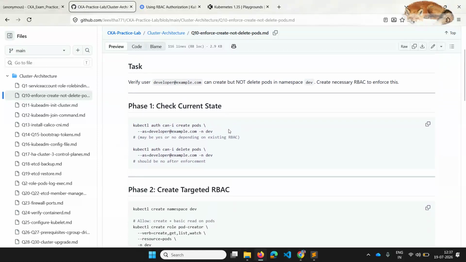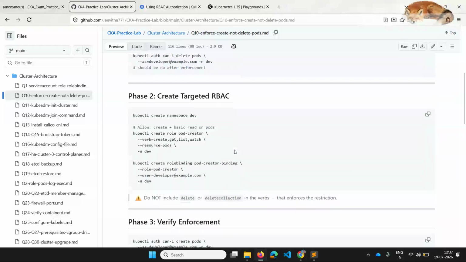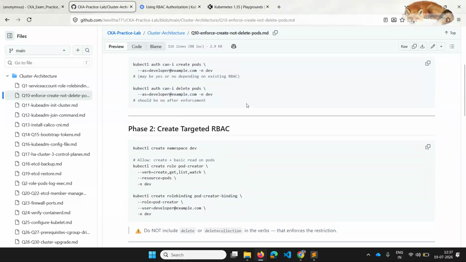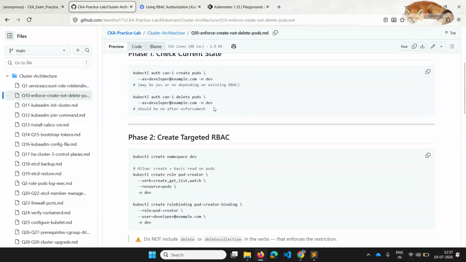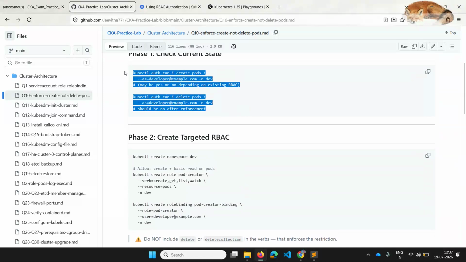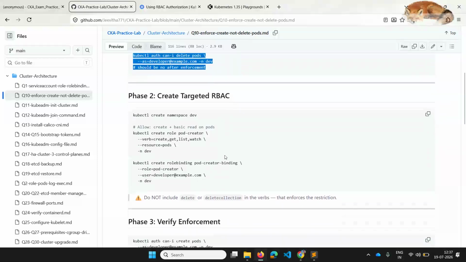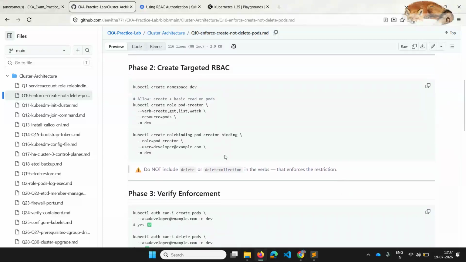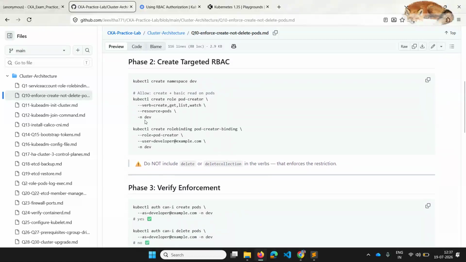First you check whether the user has access to create or delete pods in that namespace. Generally in production, you verify, and when they don't have the access, you then go set up the access in this particular namespace.